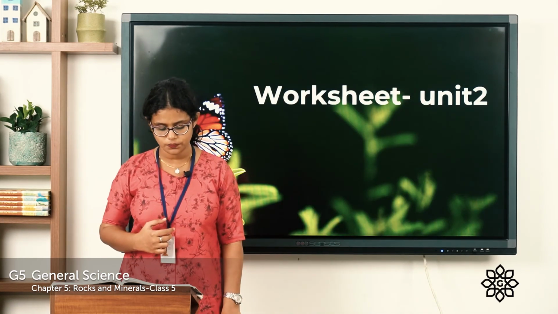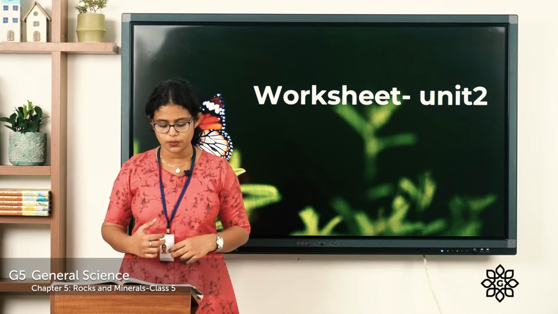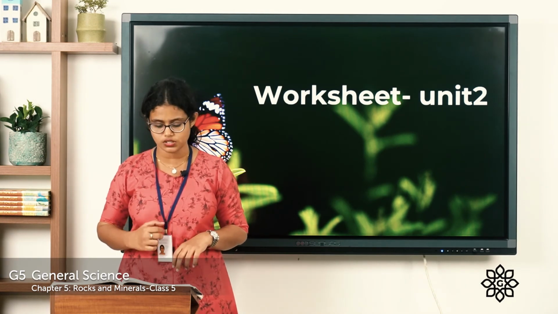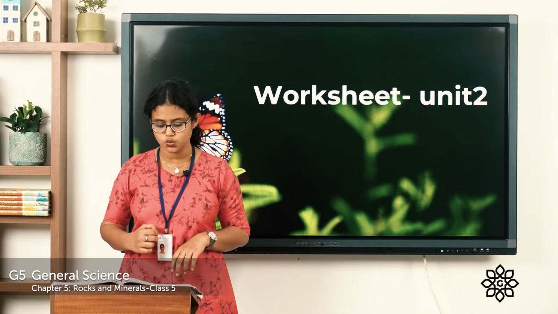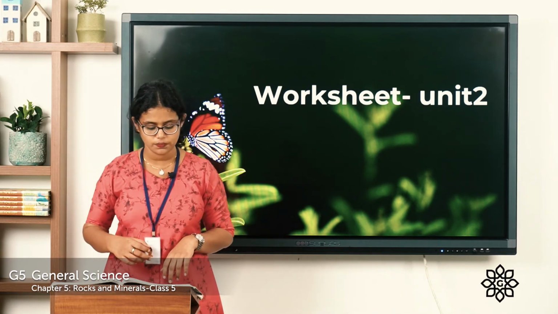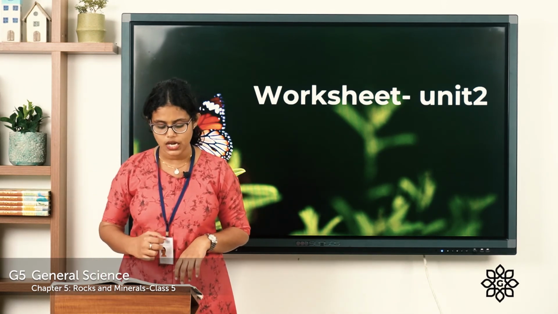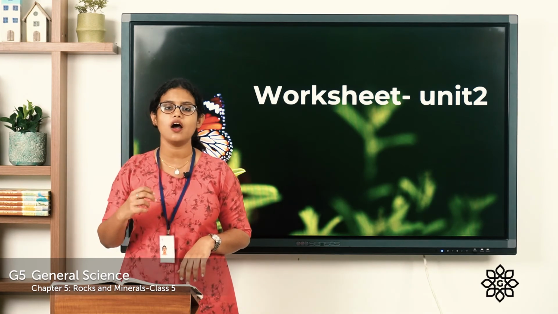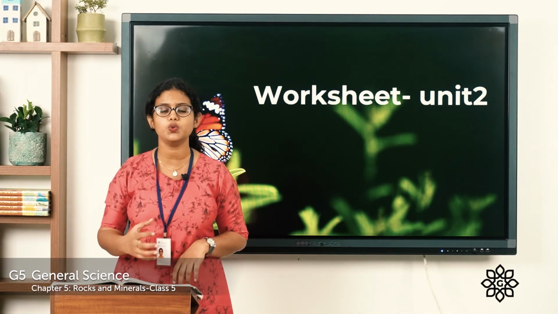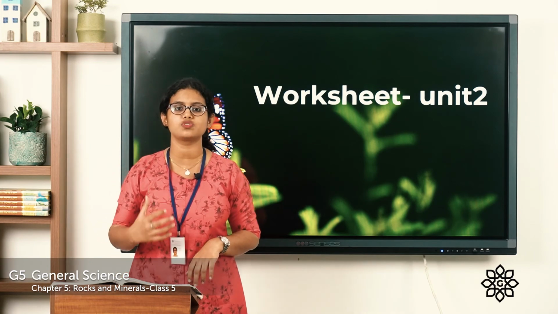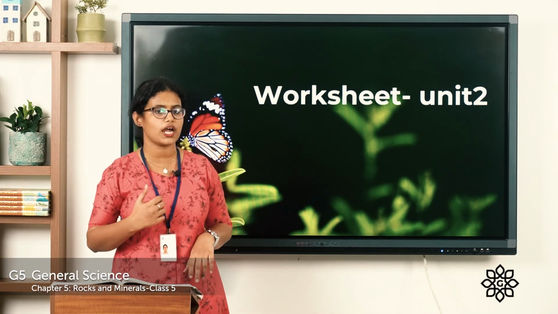The second one, rainwater washes away tiny pieces of rocks. This flows into the seas or lakes and forms layers. Write how sedimentary rocks are formed. So the question here is, you have to say how the sedimentary rocks are formed. So you can write the answer as,